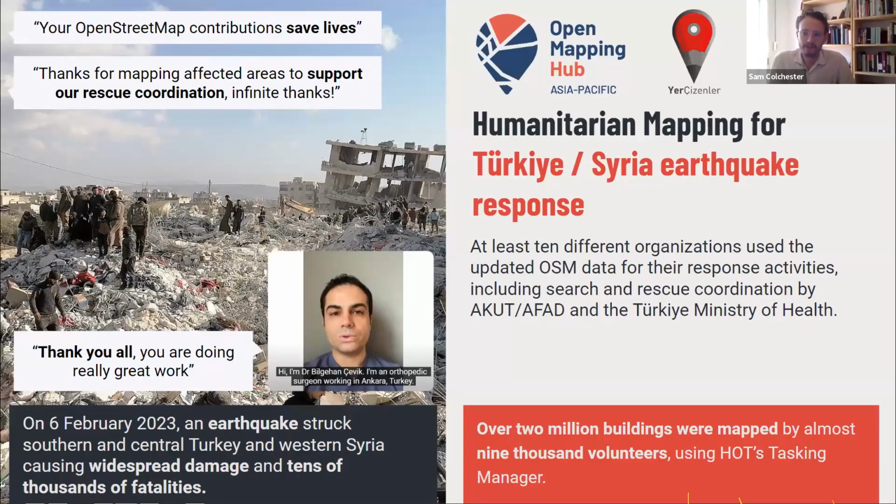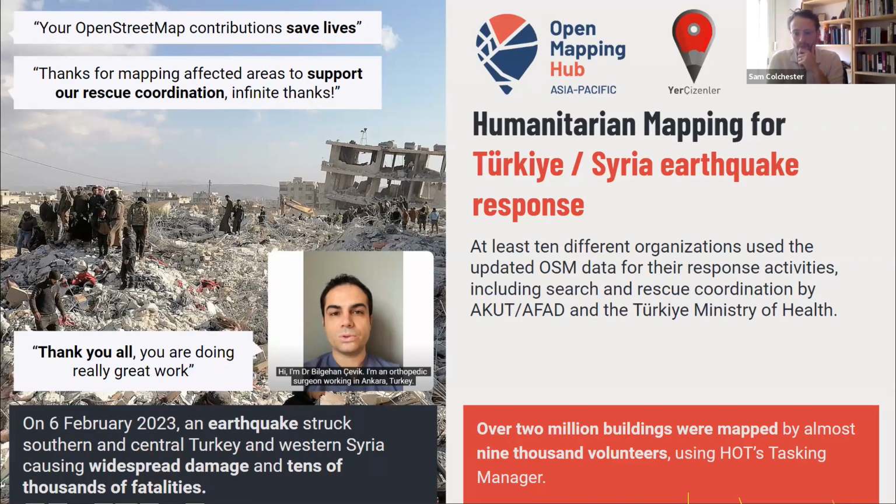Now, just one use case I'll pick out is fairly recent, from the Turkey Syria earthquake response. A local organization in Turkey called Yersizenler pushed about 9,000 volunteers to improve OpenStreetMap data across the affected regions of Turkey and Syria in response to the massive earthquake which occurred earlier this year, because there was a lack of spatial data in that region.